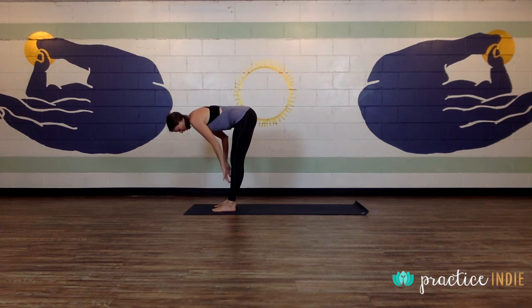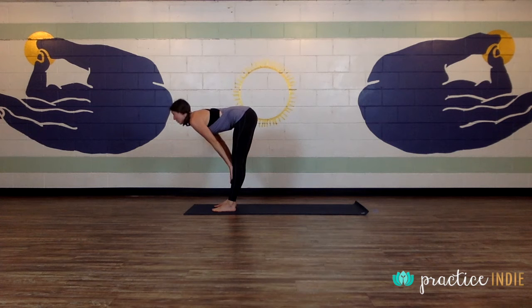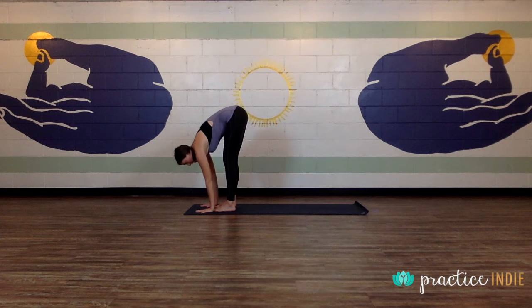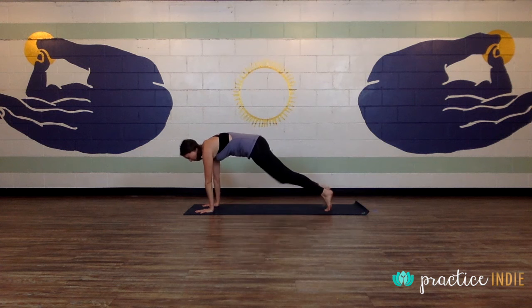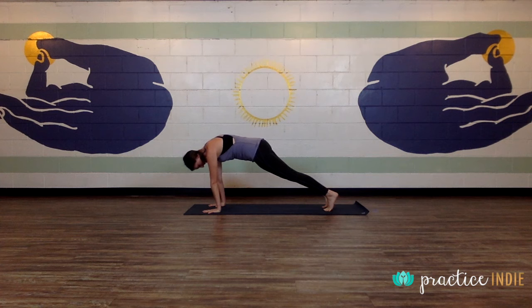Walk those fingers to your shins or to your calves, right underneath your knees. Press your hands into your legs. Make that tabletop back, look forward. Breathe out, plant your hands, make those star shapes on the floor, and step your feet to the back of the mat. We're coming into what we call plank pose, so you may have done this before, but begin to